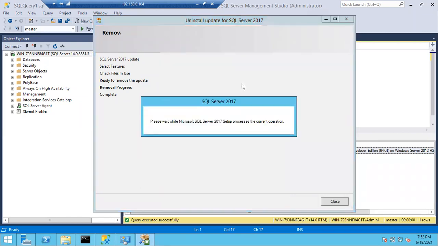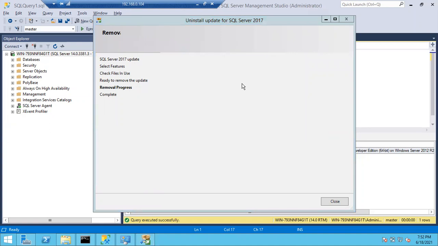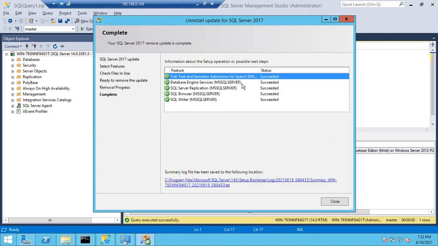Okay, we'll go there, we'll go here, we'll give permissions, we'll remove permissions, we'll do a lot of things, right? So you have to be very careful while giving permissions or while removing the permissions. Okay, so if you see here, all the components patch has been removed. You can see here, all components are successful only.